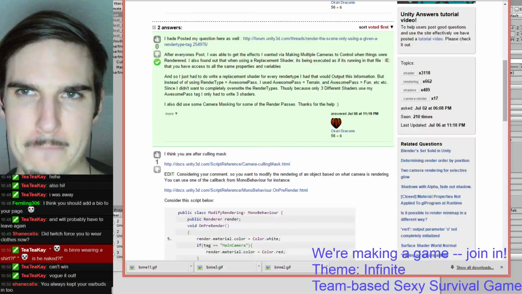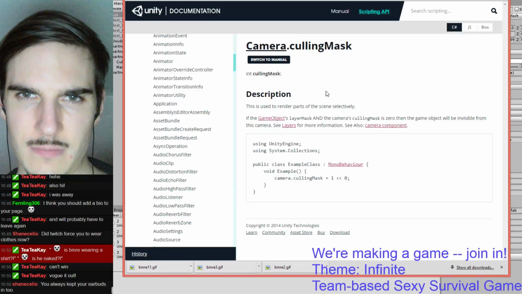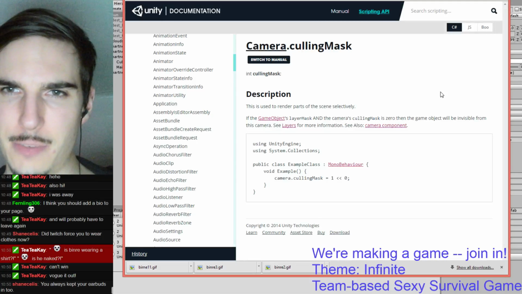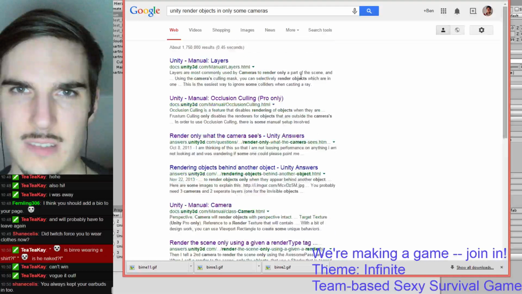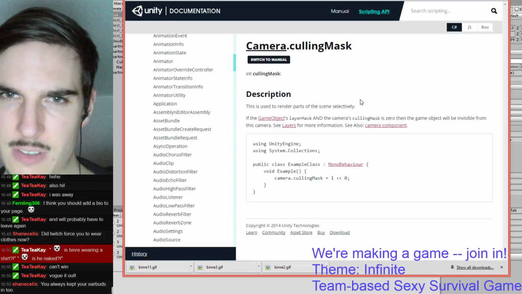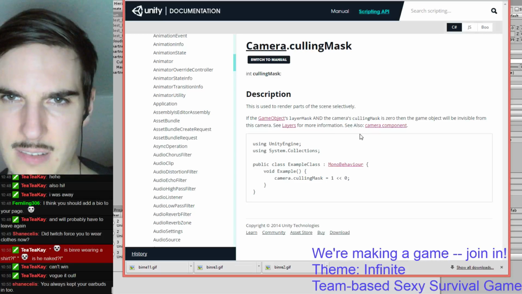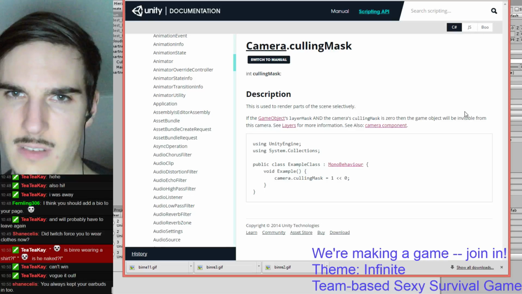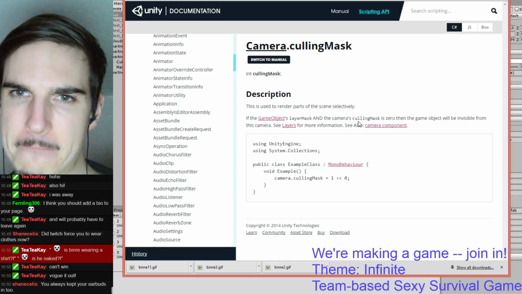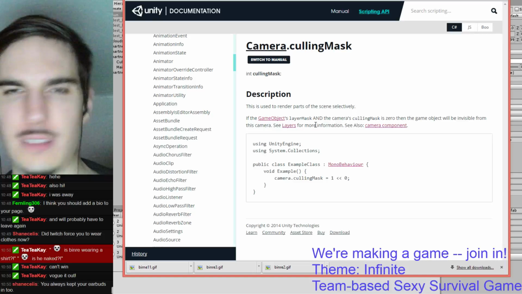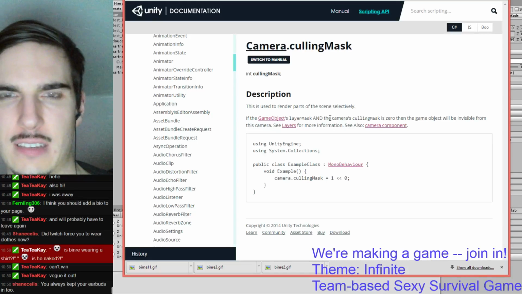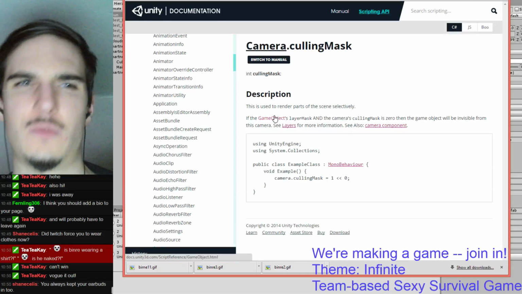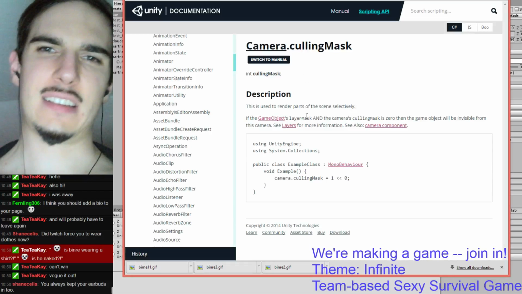Culling mask? No. Oh, wait, maybe this is it. But is this the thing that was described as pro only? No. Oh, culling mask, maybe? All right. If the game object's layer mask and its camera culling mask is 0, then the game object... Ooh! And the camera... Okay, so I just need to set layer mask